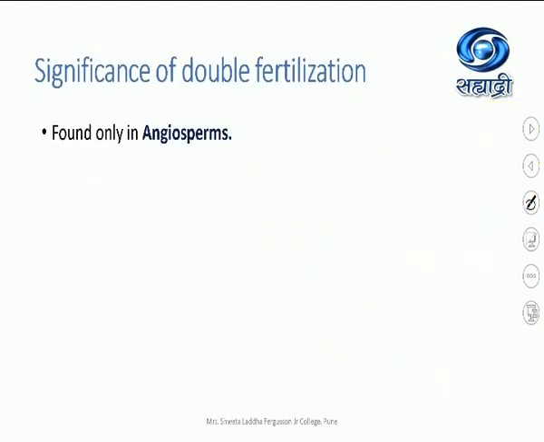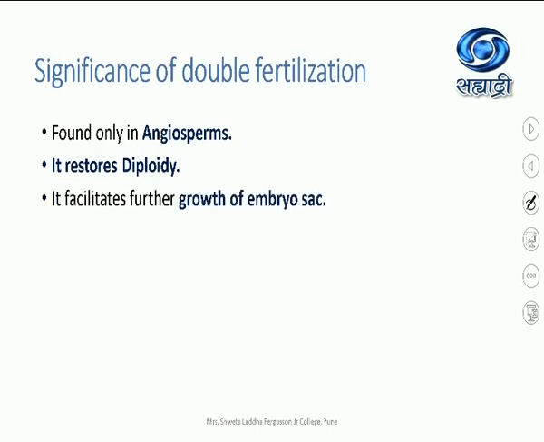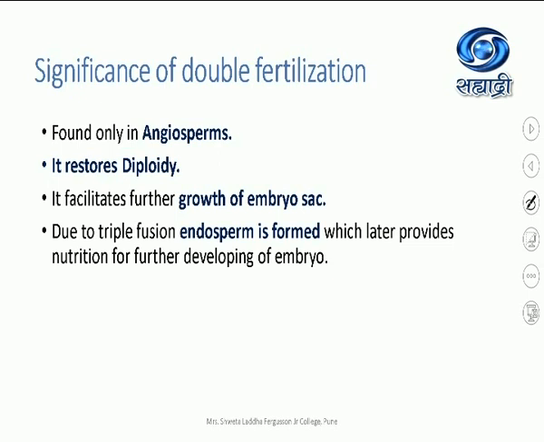What is the significance of double fertilization? This double fertilization is found only in angiosperm plants. It is not there in gymnosperms. It restores diploidy. Because of syngamy, because of the fusion of the first male gamete and the egg, the diploid condition is restored. It facilitates further growth of the embryo sac. Embryo sac further develops. Due to the triple fusion, due to the fusion of the second male gamete and the secondary nucleus, endosperm is formed, and endosperm will later provide nourishment or nutrition for the developing